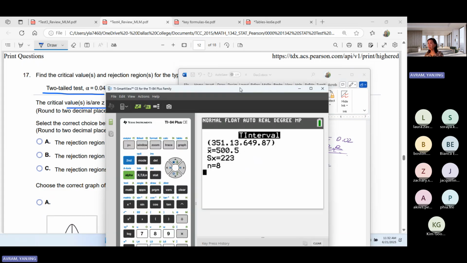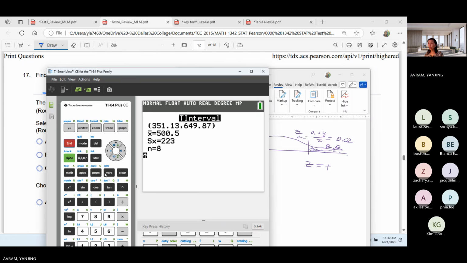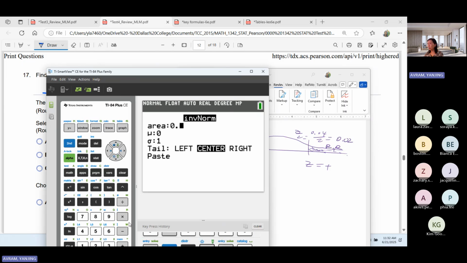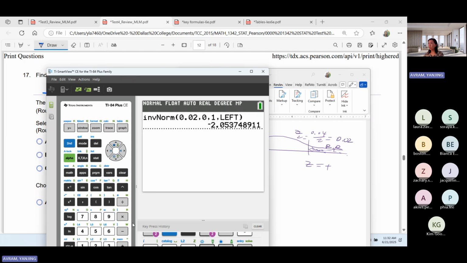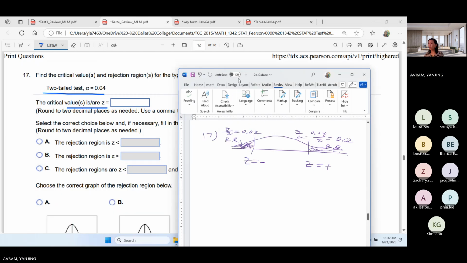You can use the calculator very quick using the inverse norm. Okay, and the area is 0.025. This area is to the left. I'm going to use the left in here. Okay, and then I'm going to calculate. So I have this as negative 2.05. On my right-hand side, since the area is the same, this will be positive 2.05. So when the area is the same, the absolute value of the z-score is the same. Okay, so your rejection region, z will be less than negative 2.05